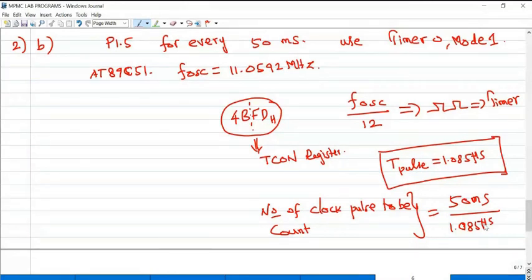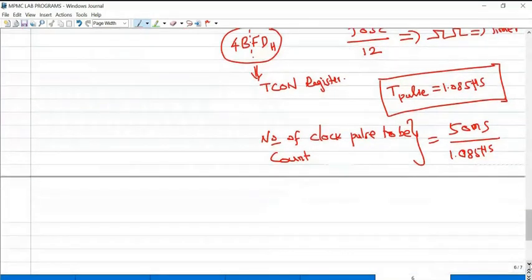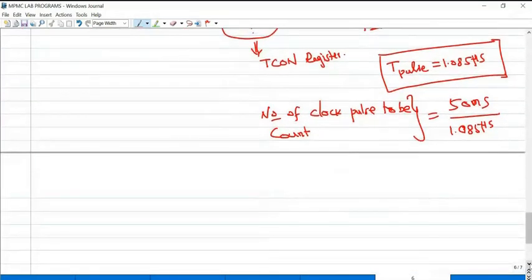Okay. So in the theory classes, we have done this. Then again convert that value into hexadecimal. So I'll check once again the 50 millisecond program where we have written. We have the calculator, you can do it directly.